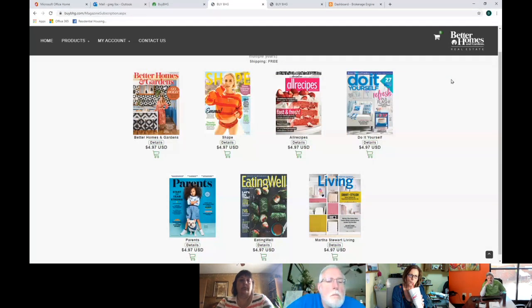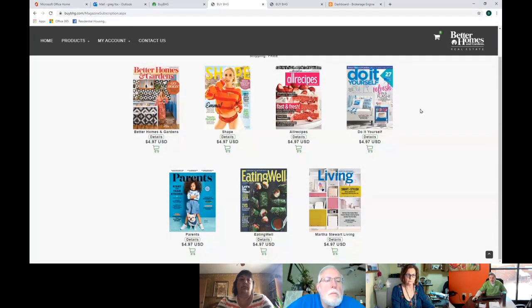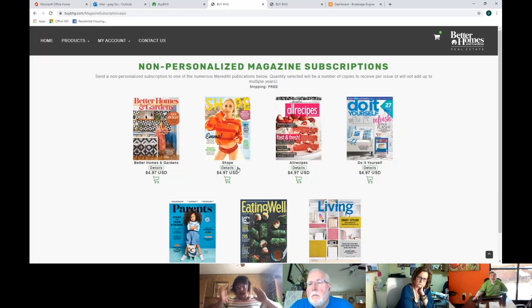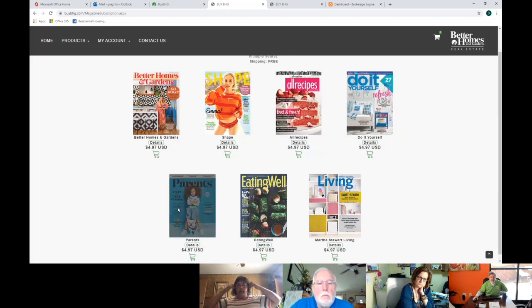Now, in general, if there's a Better Homes and Gardens magazine already going to the address that you want to send one to, Better Homes and Gardens will contact you and say, they're already getting that magazine. Would you like to give them one of our other magazines? And so we have Shape, All Recipes, Do It Yourself, Parents, Eating Well, and Living as the choices.